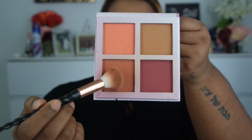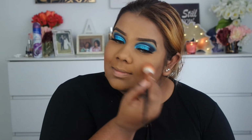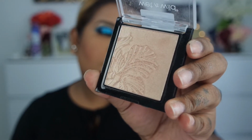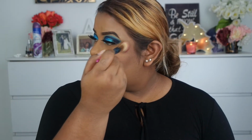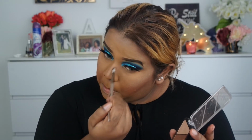Now taking my ABH blush palette, this is the gradient one. I'm taking that nudie colored blush and I'm going to apply it all over. I initially wanted to do a berry tone blush, but I was worried that it could be too heavy because the eyes are heavy already. Taking the Golden Flower Crown highlighter from Wet n Wild, just highlighting the high points of my face. This is a beautiful highlighter, by the way, you guys. It's amazing. Contouring my nose very quickly with a very small, precise eyeshadow brush, taking my time,